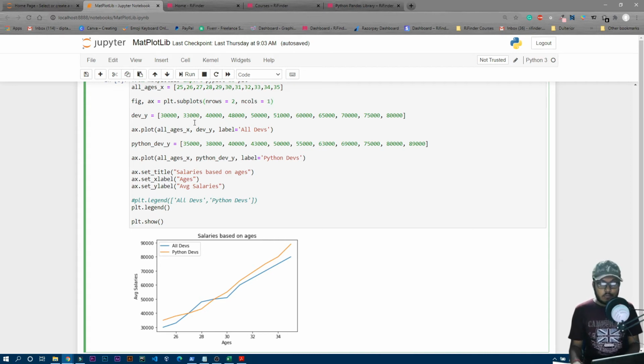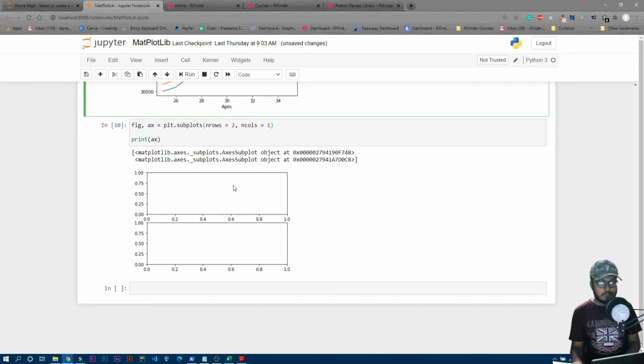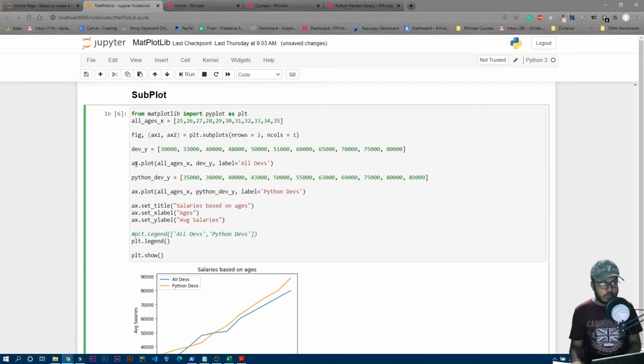So yeah, we just write over here nrows equals 2 and ncols equals 1, okay. And since now we have these 2 rows, we actually need 2 variables. For example, we have only ax over here, right? And we also need one more variable to store the second row. So let's put a parenthesis over here and make it ax1 and ax2, okay. ax1 means this particular above figure, and ax2 means this particular plot, okay. So let's use those things.